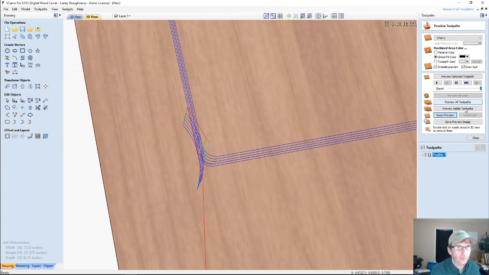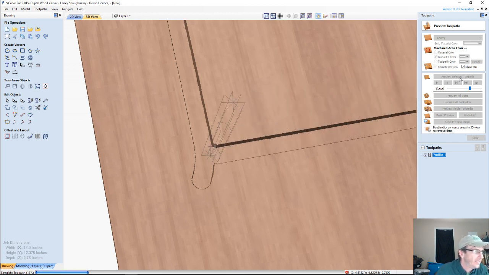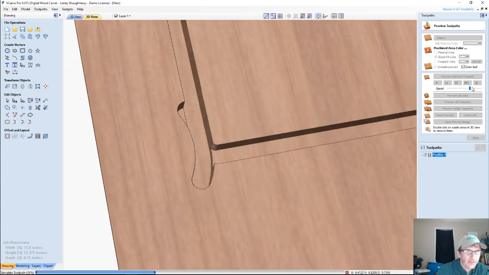So if we were to preview this, and let me slow it down a little bit, it's going to lead into the cut, lead out, lead in, lead out, raise up, lead in. Let me see if I can slow that motion down a little bit more. So as it comes around after that nice lead in,